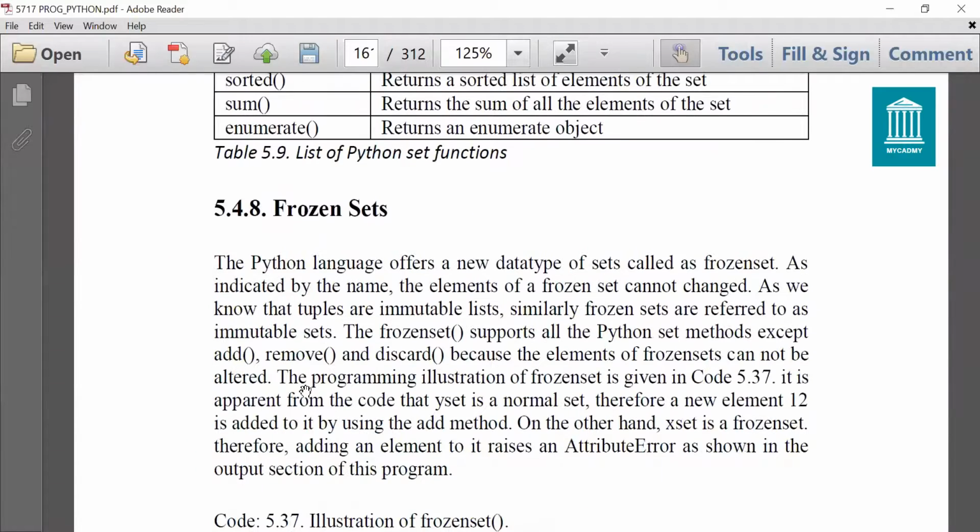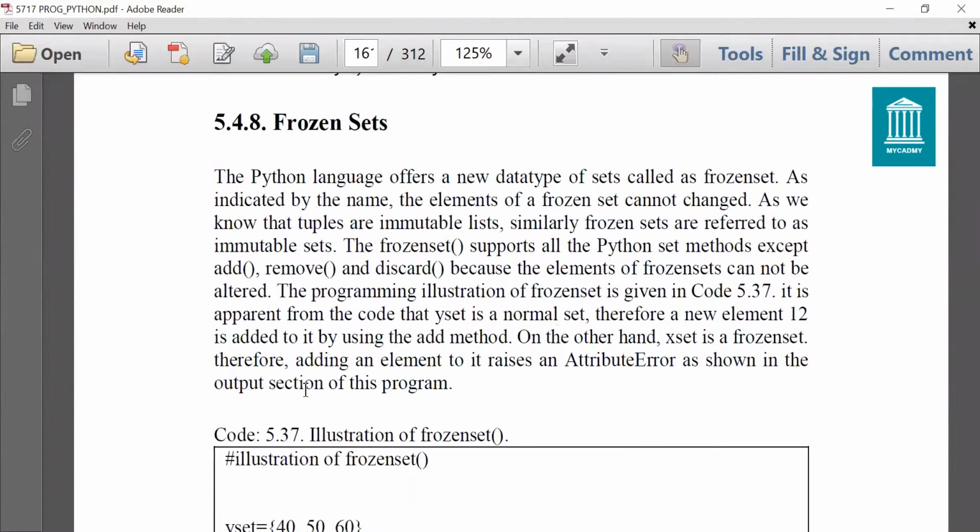Next, there is another form of set which is known as frozen set. The Python language offers a new data type of sets called frozen set. It is clear from the name frozen. That means we cannot edit members of the set.